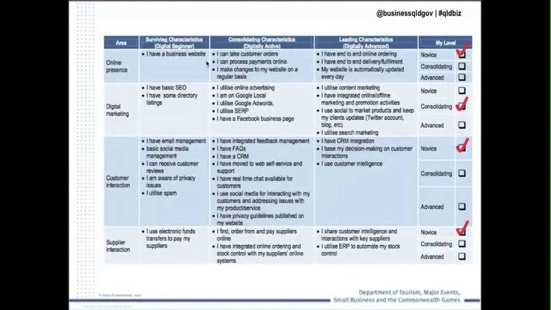A business that's consolidating or digitally active is a business that can take customer orders via their website and process payments online, or make changes to their website on a regular basis. And then one that's digitally advanced is one that has end-to-end online ordering, end-to-end delivery and fulfillment, and their website is automatically updated every day.